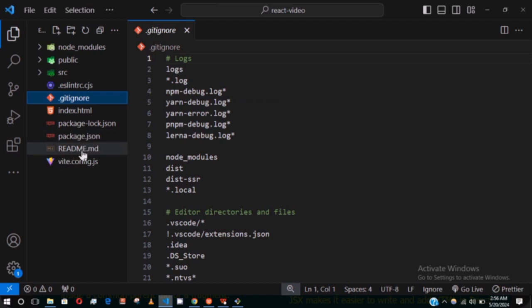Then you know what the readme.md is. This is used for GitHub still. It's used to explain what the project is all about, so that can be a motivation for people to look into your code, especially when you're looking for some collaboration or help. Then the package-lock.json